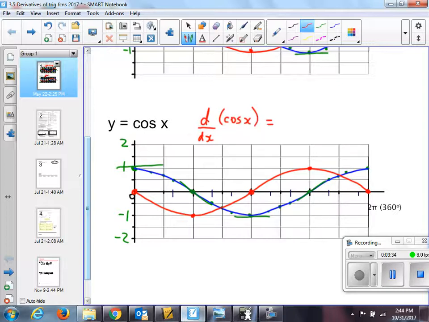So, the derivative of the cosine function is the negative sine function. Hey, this is almost cyclical. If you did the derivative of the negative sine function, you'd get a cosine function out of it, but it would be negative cosine. Then if you did the derivative of that, do you see how you're going to just go back and forth between sines and cosines? Okay. Anyways,